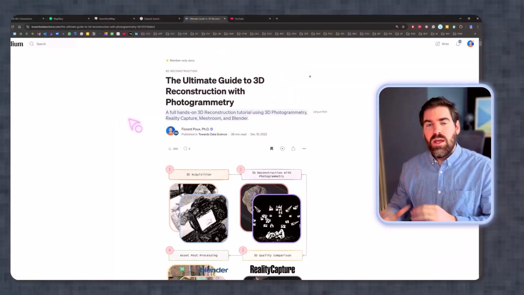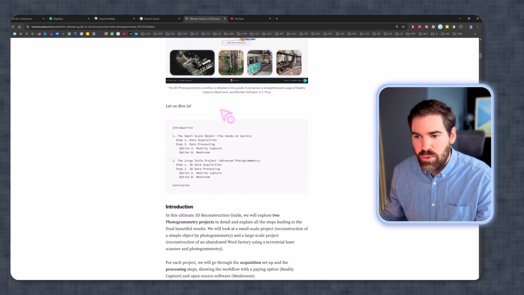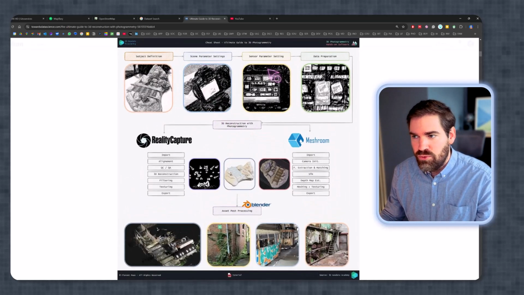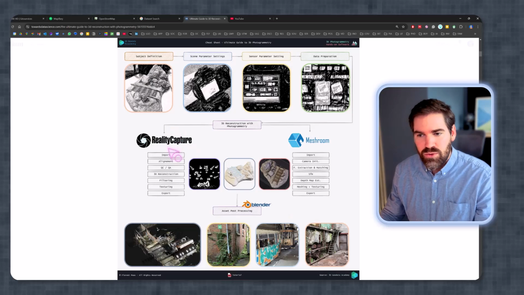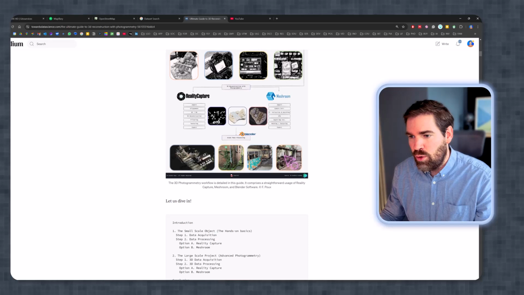We also have ways to combine both to have something more exhaustive with data fusion mechanisms, but this is usually hybrid tech. Okay, so for photogrammetry, you have various resources online. This is, for example, one tutorial that I wrote that allows you to reconstruct 3D objects using Reality Capture, that is free under 1 million in revenue, or Mushroom, that is open source based